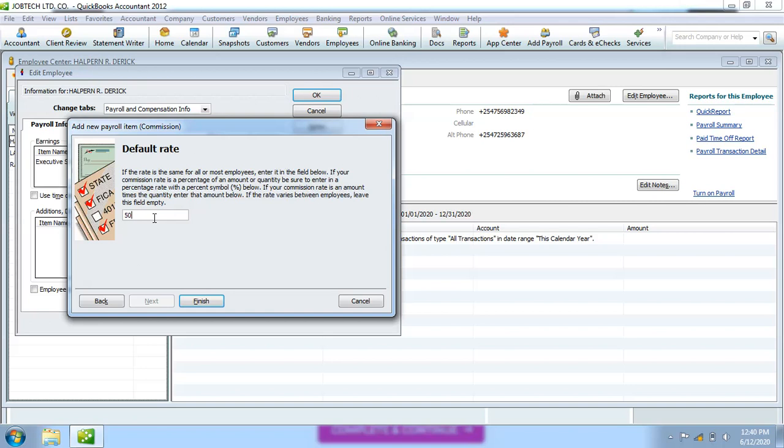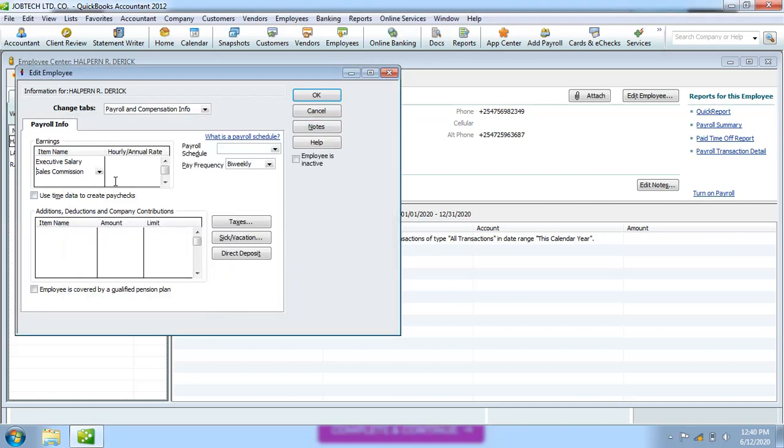So in our case, we pay our employees a percentage. It's normally 10% of any sale they make. So you enter 10% and then you click finish. And the commission is entered there. So this is how